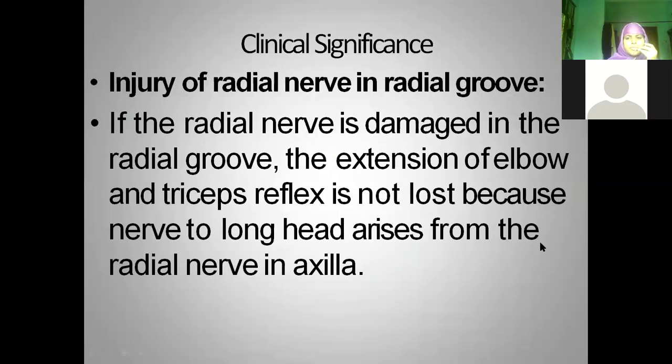Okay, so suppose the radial nerve is damaged, suppose when the person is falling with an outstretched hand, suppose the radial groove, spiral groove, is damaged, what happens? The radial nerve is damaged. Obviously the triceps will be paralyzed. Okay, so basically what is the action of triceps? Extension of the elbow joint. So that extension of the elbow joint won't be possible if triceps is paralyzed due to the injury of the radial nerve, which is running in the radial groove or the spiral groove. Okay.